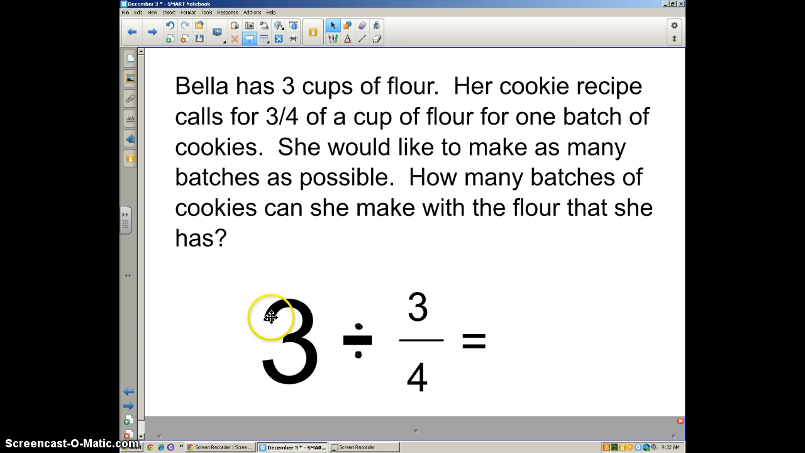So she has 3 cups. That's the total amount of flour that she has at home right now. And for 1 batch of cookies, she'll need 3/4 of a cup. Now she'd like to make as many batches of cookies as she can because she makes some really good cookies. So we're going to look at what this would look like